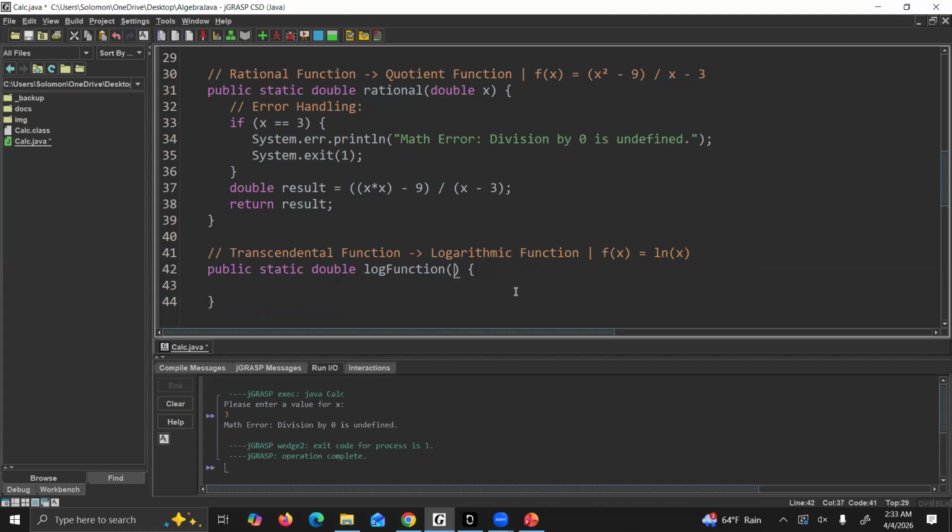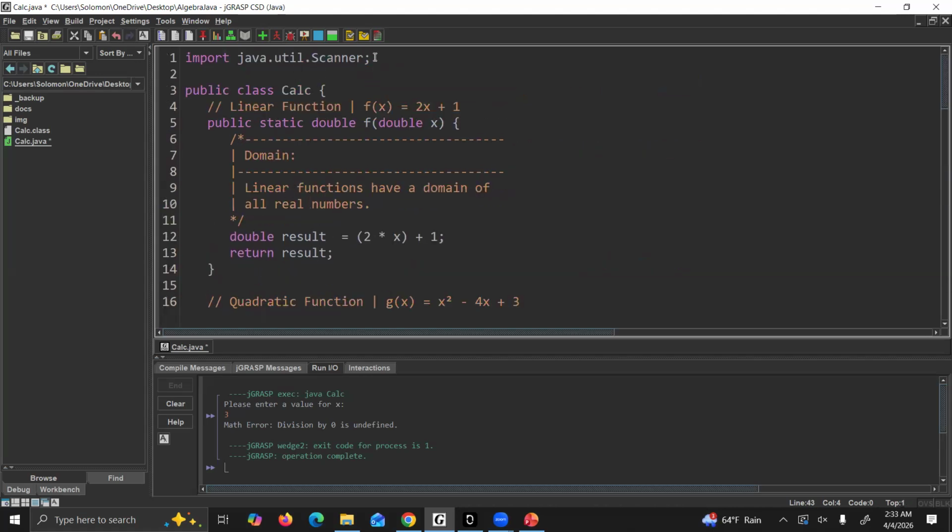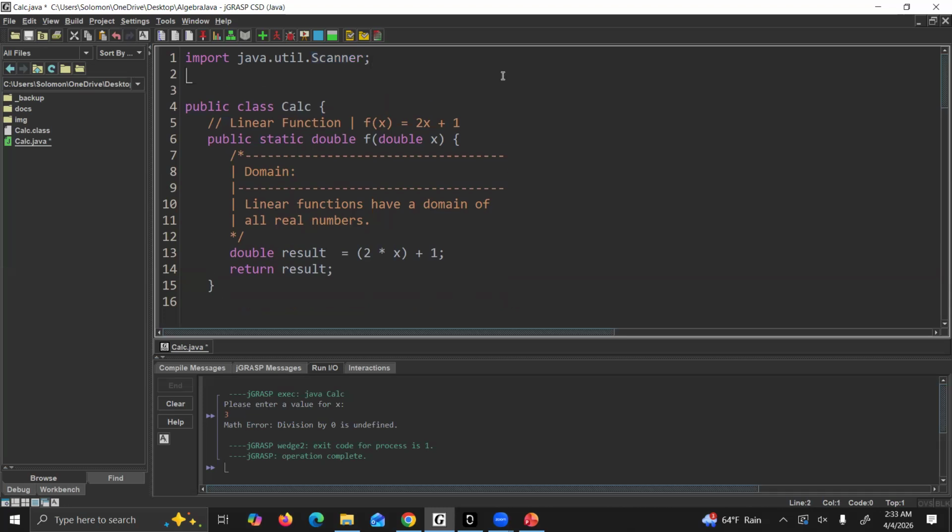And hopefully you guys are picking up on the pattern here. So we'll pass in a double for our x argument. Now, in this case, we actually will need to rely on an additional package. So in addition to the scanner, as a review, we're using this to handle our user input. Now, we are also going to use